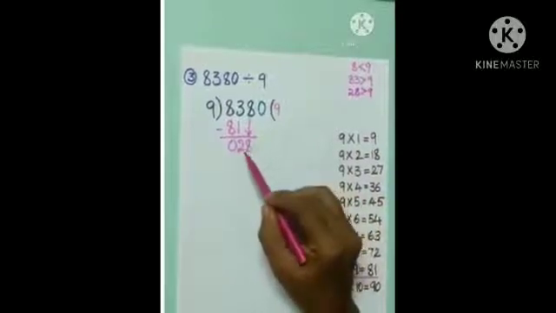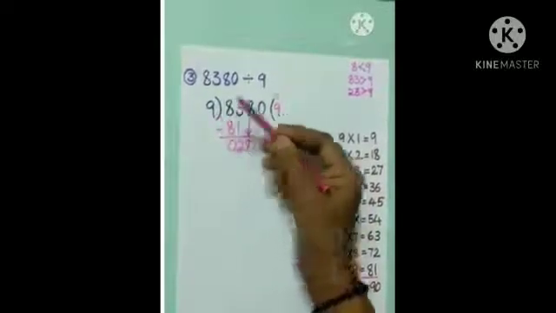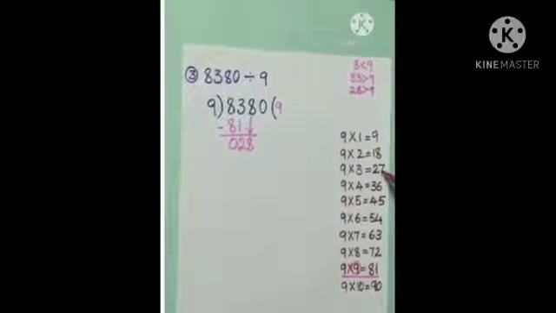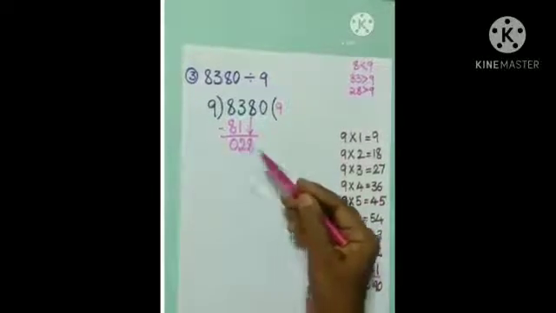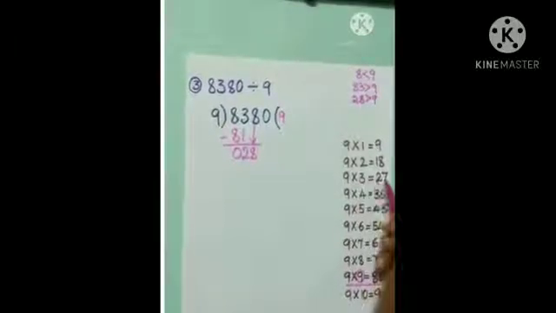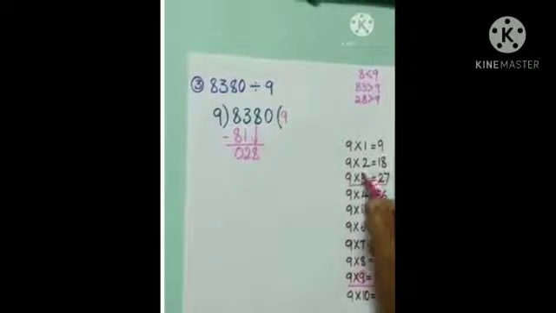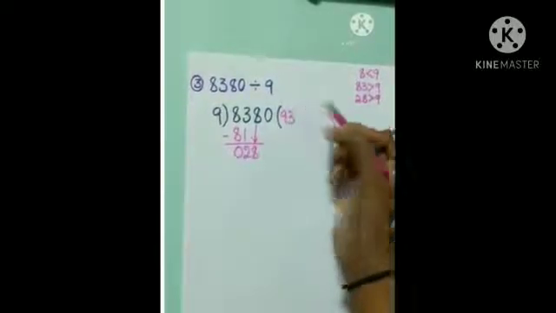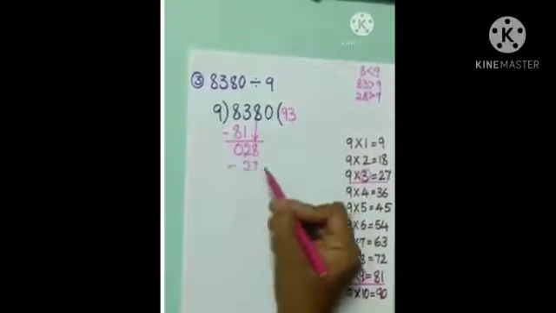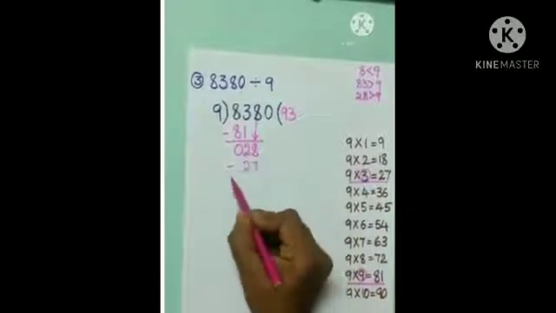And therefore we can divide 28 by 9. Again we use the table of 9 to find the product which is equal to and nearest to 28. 28 is nearest to 27 and 36. Since 36 is greater than 28, we cannot take 9 fours are 36. We have to take 9 threes are 27. We write 3 in the quotient and 27 under 28 and subtract 27 from 28.